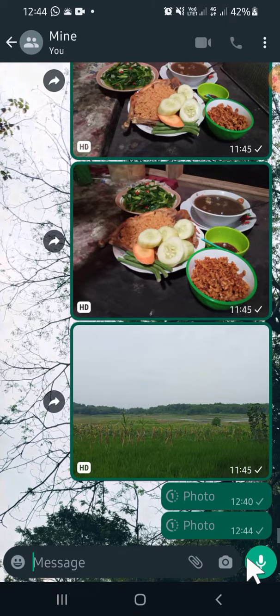Okay, and when you send a photo or video in view once mode, the photo or the video can be opened once only guys. After the photo or the video has been opened or viewed, the photo or video will disappear, so they won't be able to share or save the photo or video that you sent. Alright guys, and that's how we can send view once photos or videos in